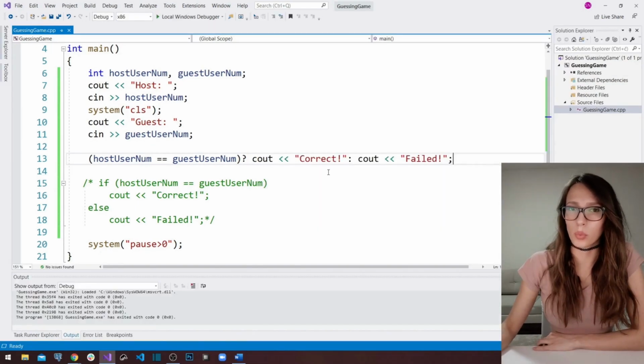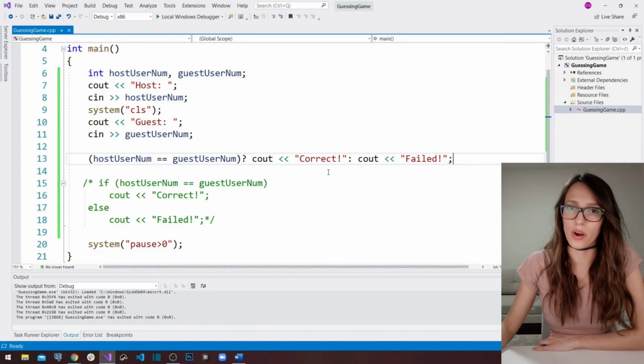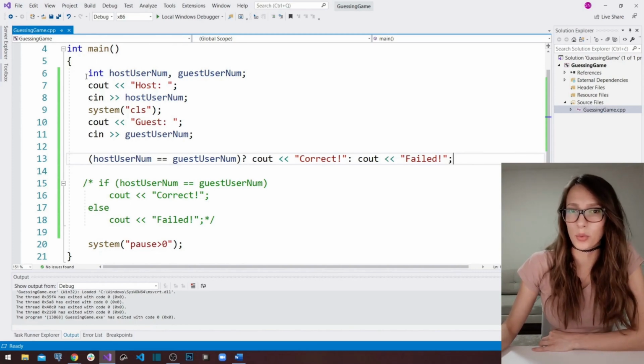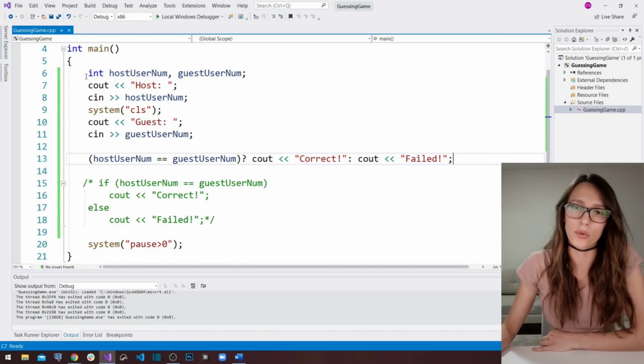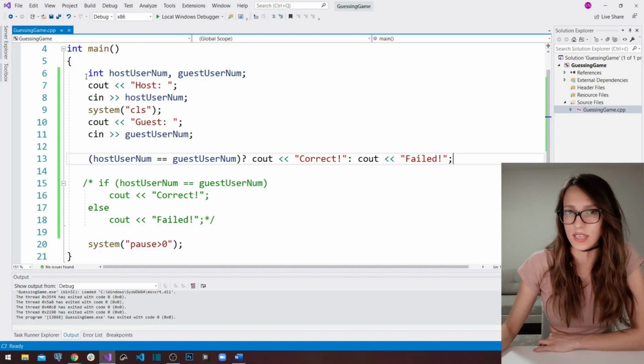So there are a couple of ways in which you can really upgrade this program, and I'm going to give you a few ideas. And the first one is, for example, you don't have to use int type here. So you can use a different data type. You can guess characters, or you can guess even strings if you know how to. And if some of you want to play with that and try that on your own and you get it right, make sure to paste that code in the comments down below, and I'm going to check it. And if you get it right, I'm going to pin that comment up so that everyone else can see it. So that would be one way of upgrading this